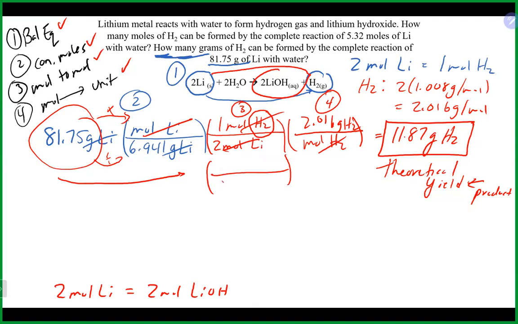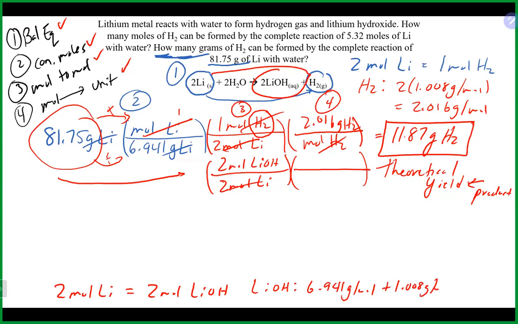And you basically would have our 2 moles of lithium and our 2 moles of lithium hydroxide. You then could use the molar mass of lithium hydroxide, as the moles of lithium would cancel. And lithium hydroxide in this case is 6.941 grams per mole, plus our 1.008 grams per mole for our hydrogen and 16 for our oxygen. That's going to get us about 23.95